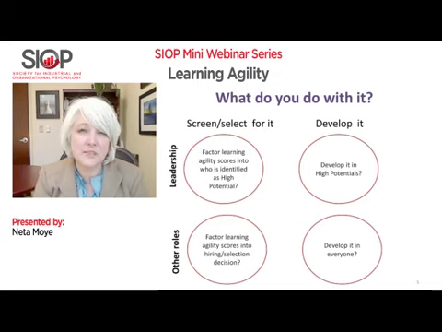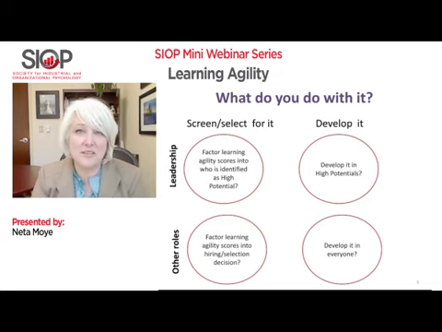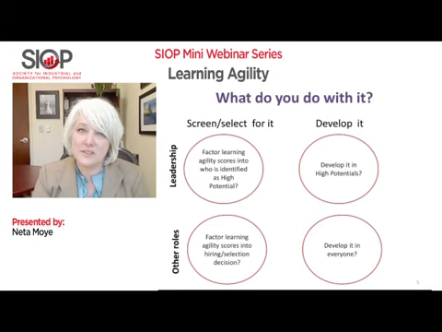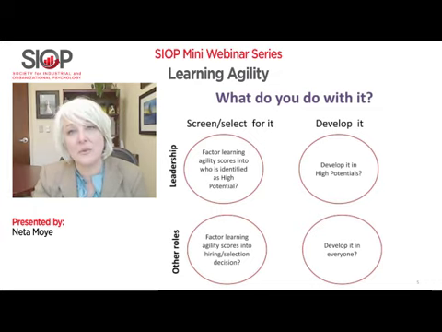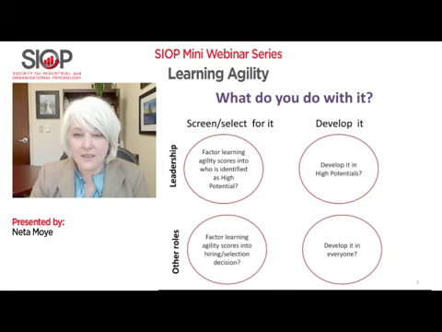I think it's important to note all of the rules that apply to selection. Should you be looking at a particular dimension or construct and use it to screen for, all of the same rules about selection apply here. So if you're going to use it in jobs other than leadership, it needs to be a job where you can validate easily that being higher in learning agility will in fact influence performance in a meaningful way. But what's really important, whether you're just going to use it as it has traditionally been used in leadership, particularly high potential, or expand it to some of these other roles, you really do have two choices. Screen to select people in, or develop.